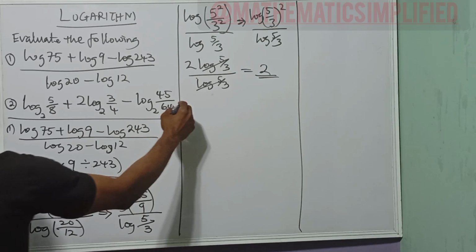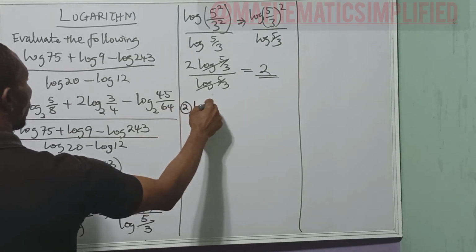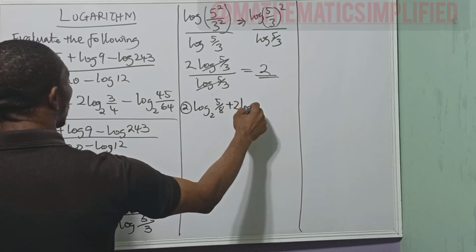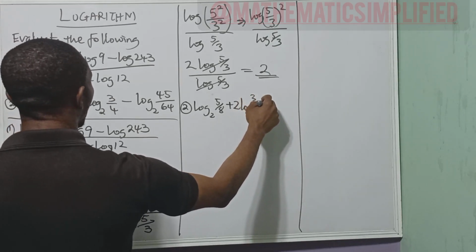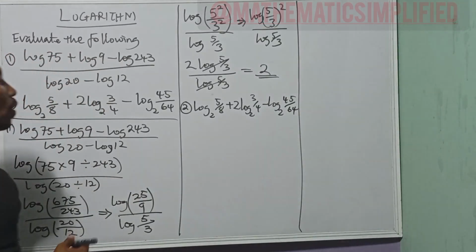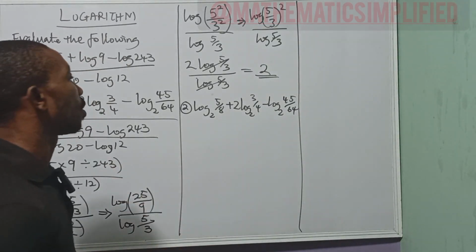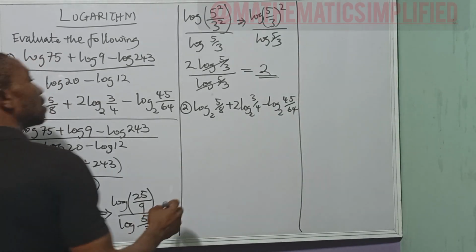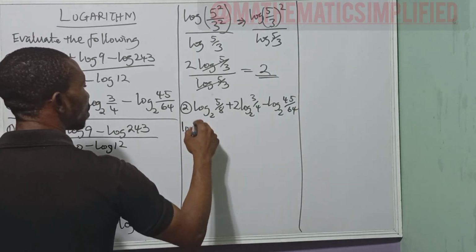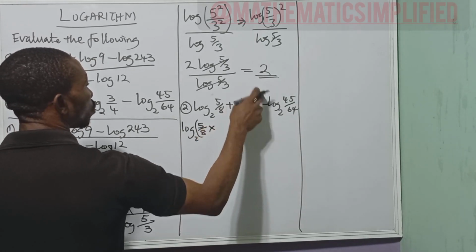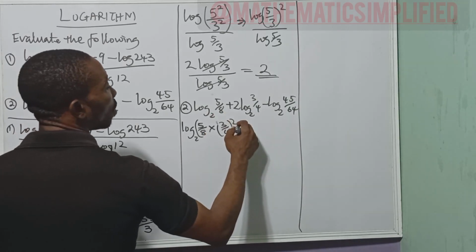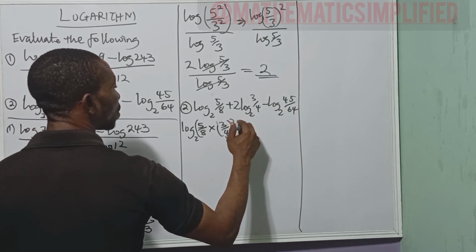Our next, second question talks about log base 2 of 5 over 8, plus 2 log base 2 of 3 over 4, minus log base 2 of 45 over 64. Now, the good thing is that they are all in the same base. So this becomes log 5 over 8 times (3 over 4) all squared, divided by